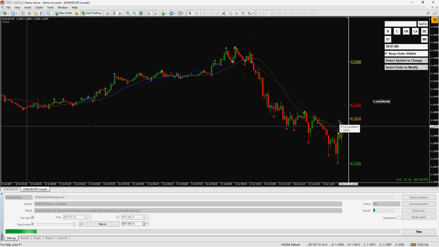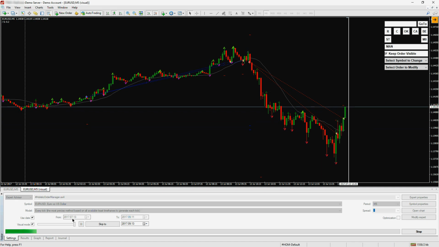Okay, so it has moved behind this latest fractal and we got stopped out. Let's pause it. Right now we are on 13th July. Let's say if you want to skip to a different date and time, you can do that by specifically defining